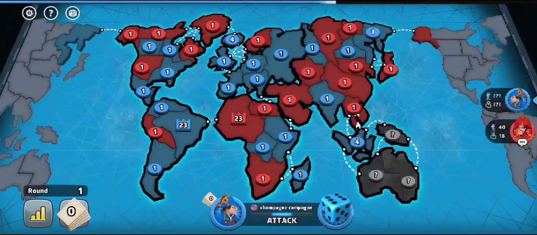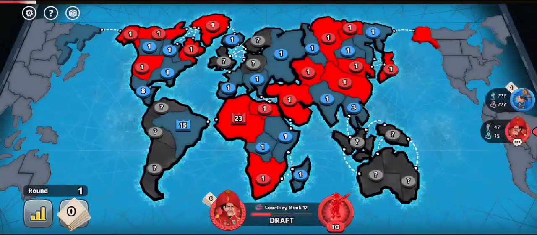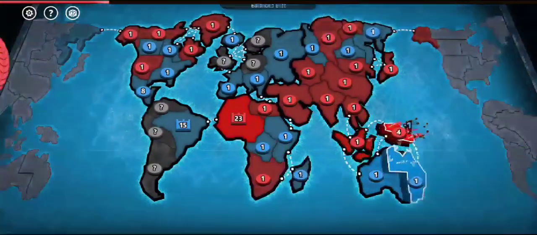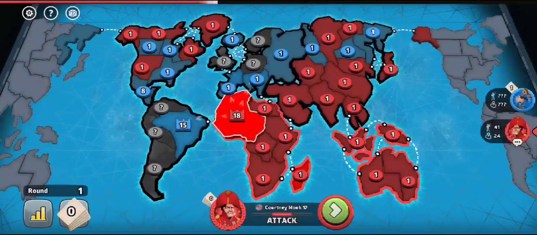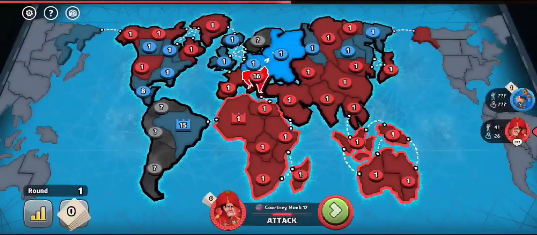For South America, you should always pick Argentina and Peru. That way, when you have your capital in North Africa, you can very easily go through Brazil and Venezuela into North America, and then very easily capture that as well. For North America, you should always begin by capturing Western United States, and then on your next selections, always pick